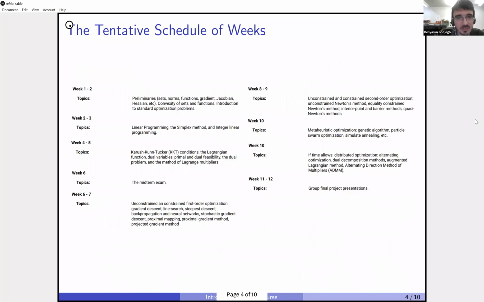And so the schedule, that is tentative, but we can say that again. In the initial weeks we cover preliminaries, and then we cover linear programming, simplex method. I'm not very strict about the fact that we cover this in this week, we cover that in that week. We'll go over the lectures one by one, and if we have extra time, we will cover more things. And you don't need to be worried